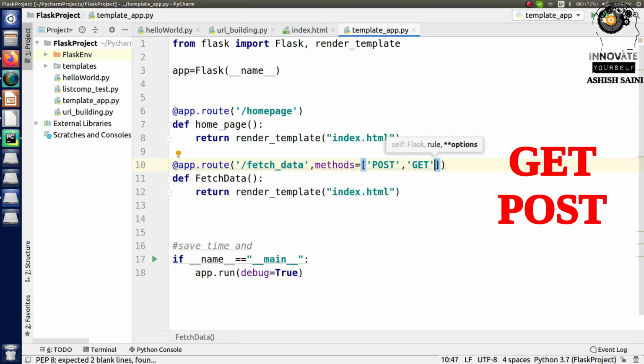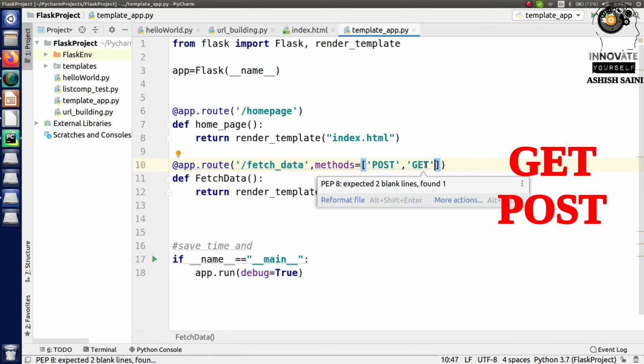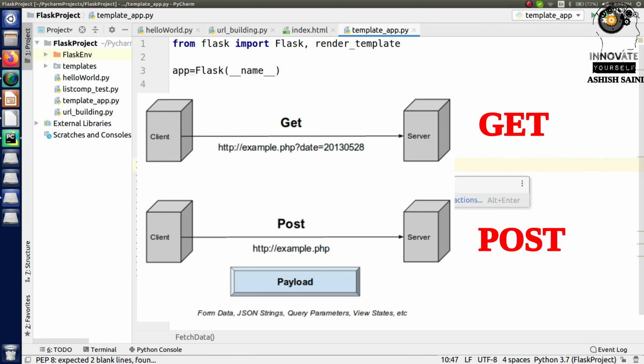There are different HTTP methods that you have in websites, and the most commonly used ones are post and get. Get is used when you want to send data in the unencrypted form to the server. So in that case we are going to use it, so we can directly send the data in that form.